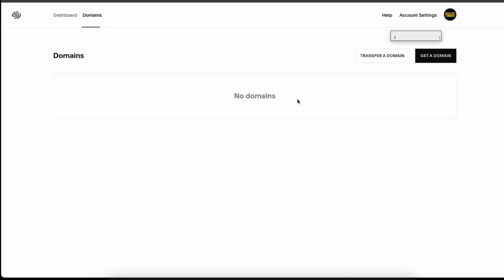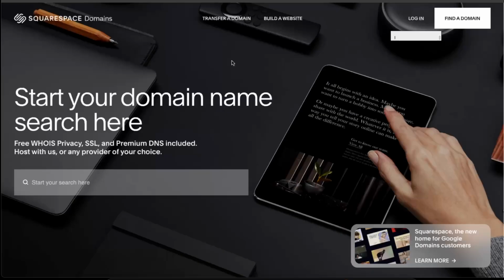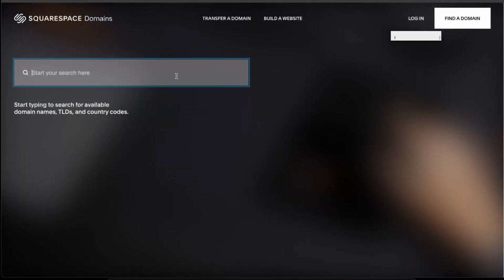Now, as you can see, I don't have any domain here. You can transfer one here or get a domain. So we want to click on get a domain. And you will be redirected to this page where you can start your domain name search here. So let's, for example, write down